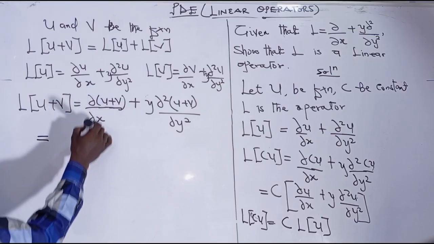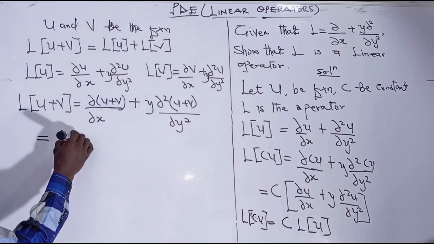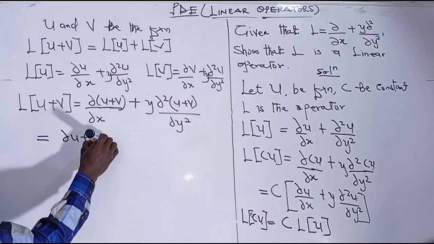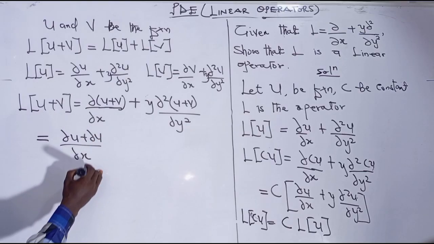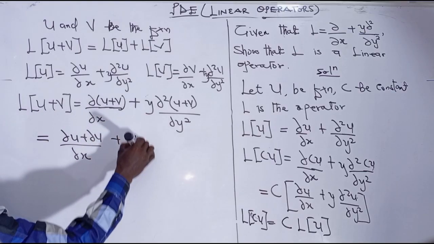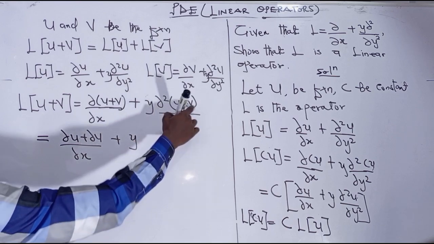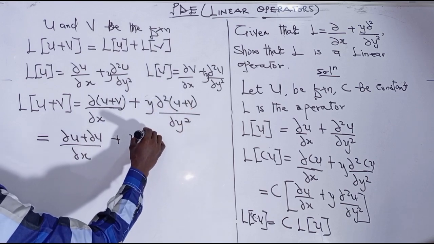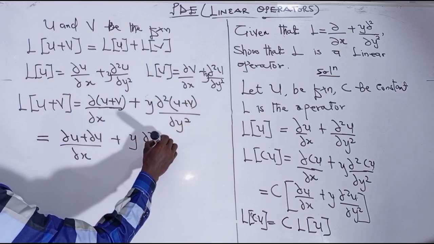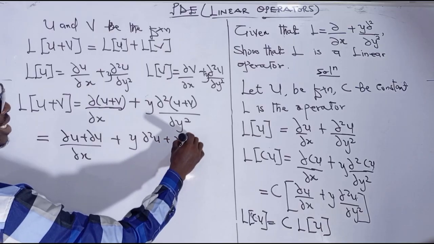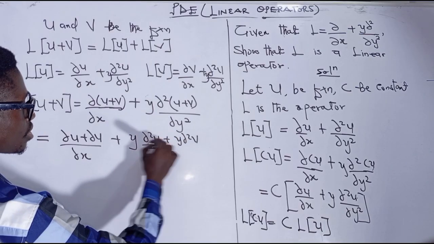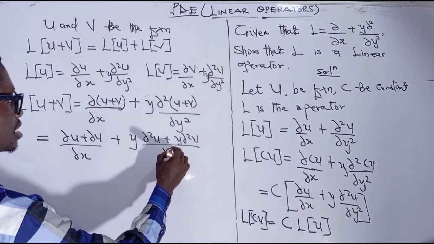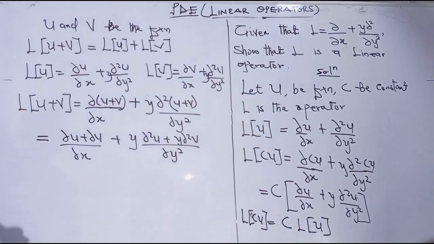So from here, we can expand the bracket to have ∂U plus what? ∂V all over ∂X. And then we have our coefficient variable Y. Then we expand this, we are going to have ∂²U plus Y ∂²V. And all of this is over what? ∂Y². Now we can split this and write it as